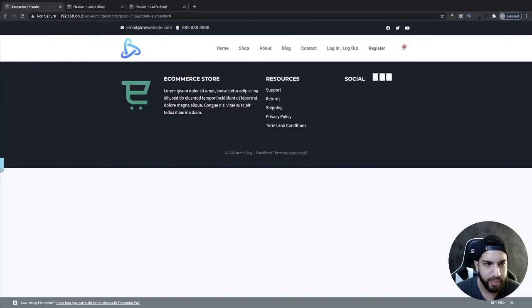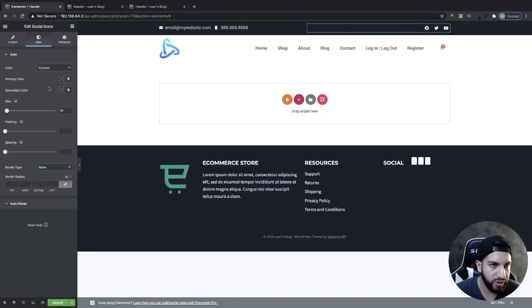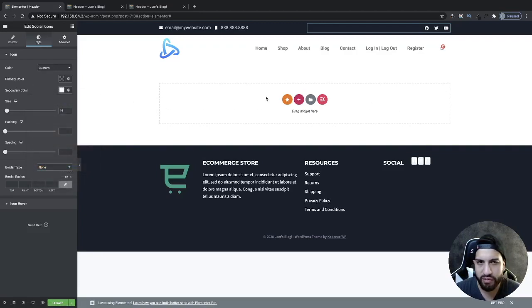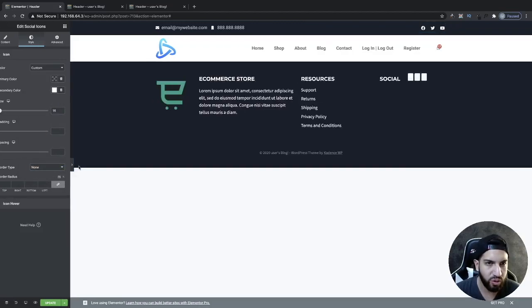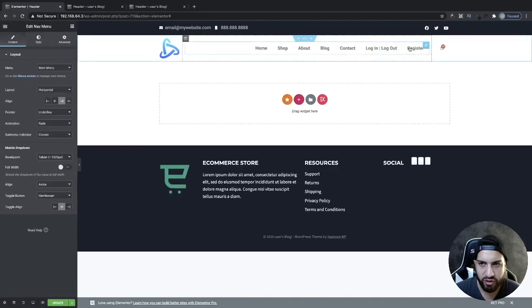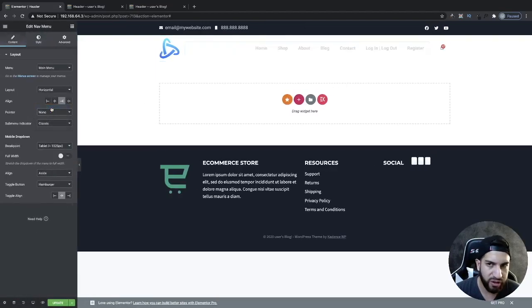Okay. Now, like I said, I'm not really gonna focus too much on the desktop version. I'm gonna focus more on the mobile. I just wanted to have a base to work with. So I'm actually gonna adjust the color of this real quick. I'm gonna remove the underline, and then I'm gonna go ahead and make